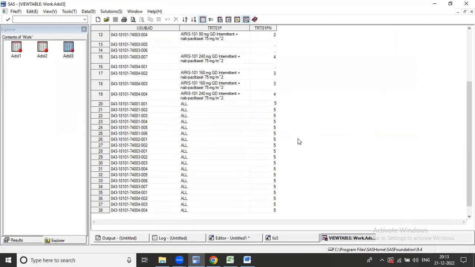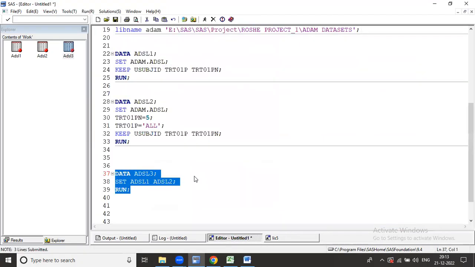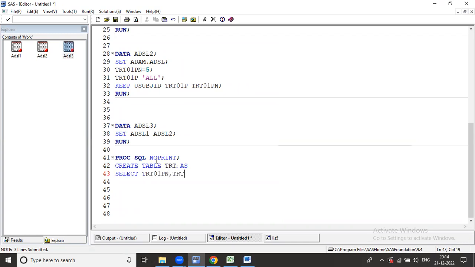Guys, there is a little confusion, okay. Let me write the proc step, then you'll understand. If I write this last step, you can understand. I'm writing proc SQL, and I'm asking it to print the data in output. Now I'm asking SAS to create a table: table TRT as select TRT01PN, TRT01P, count of